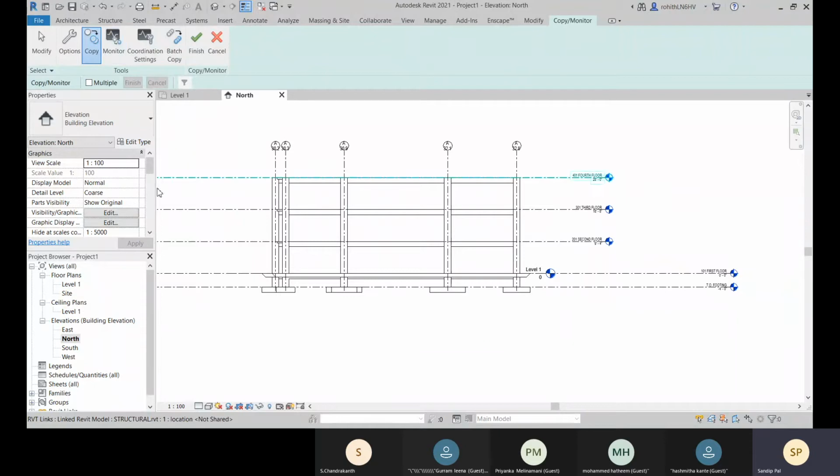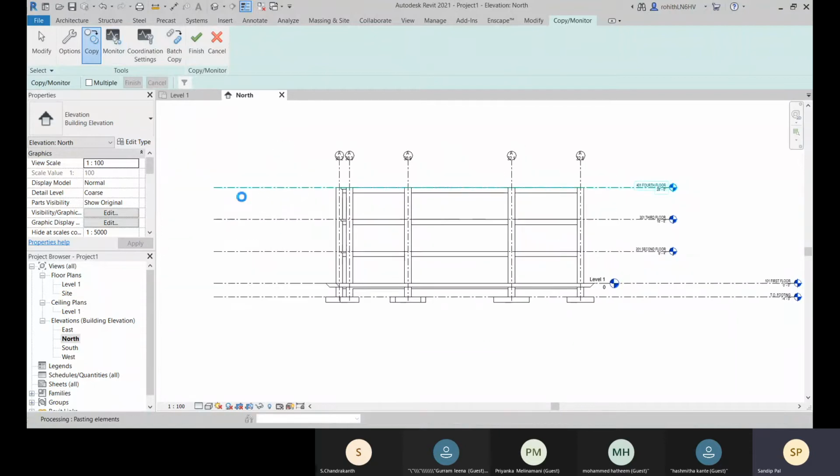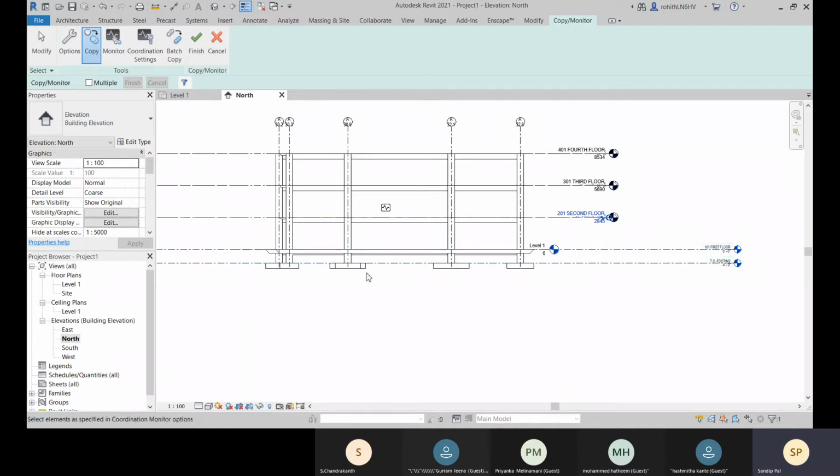So let's go with this copy, and let's select this, and when you select, just hold on. Yeah, when you select, this is copied here, and here you are getting this heartbeat symbol. So this is mentioning that it is being monitored now. All right, and let's copy this again, and again this is being monitored and copied, and let's not select this one, let's select this one.